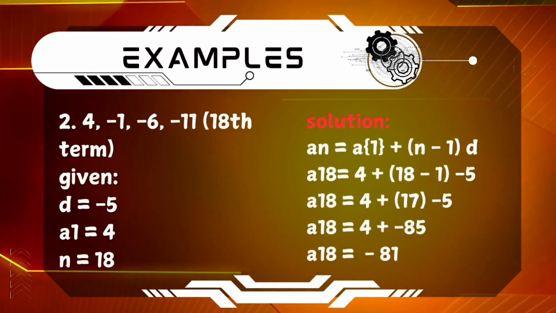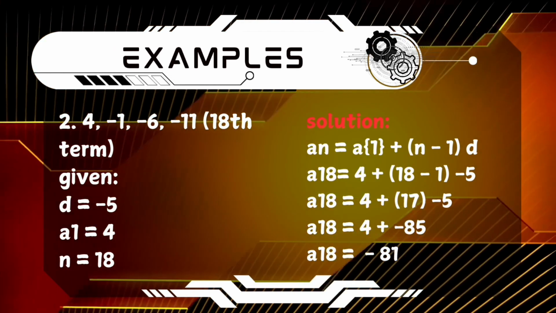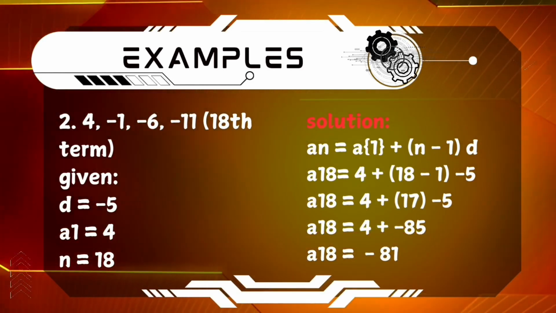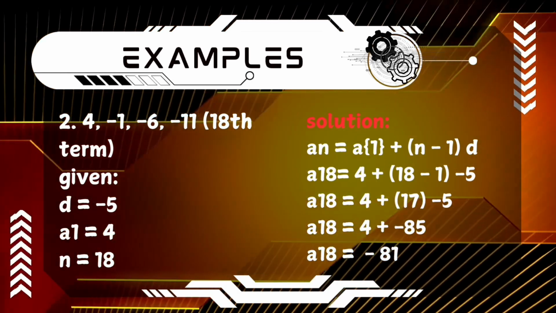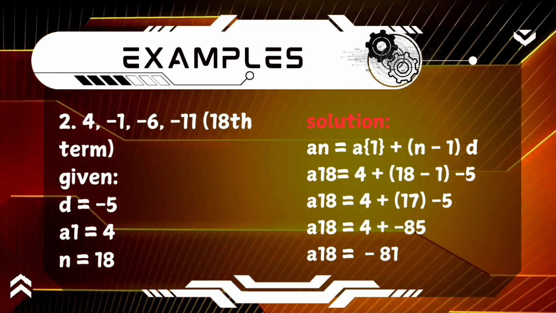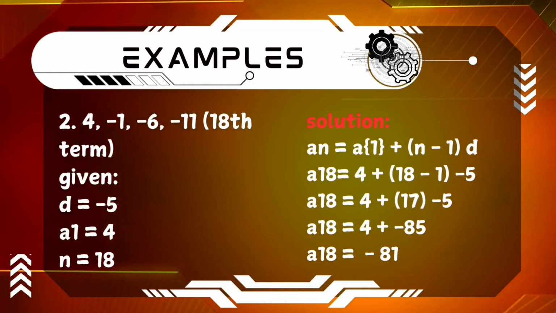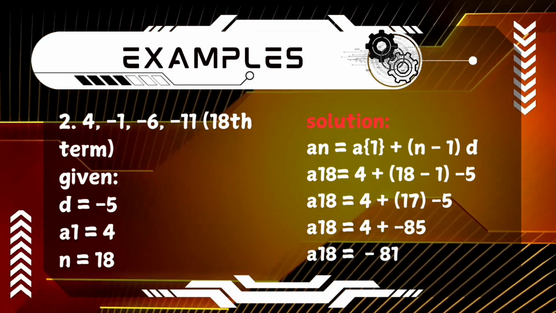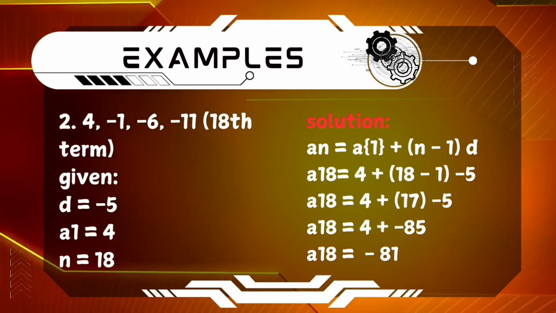We have here example number 2, which is the sequence 4, negative 1, negative 6, negative 11, and so on. Our problem here is to find the 18th term. From the given, we have the common difference, which is negative 5, our first term, which is 4, and the number of terms, which is 18. In our solution, we'll go back to the formula, which is a sub n equals a sub 1